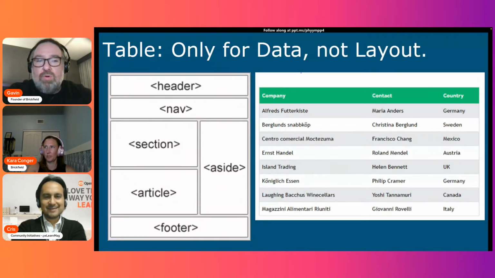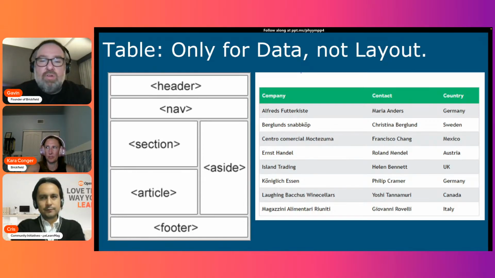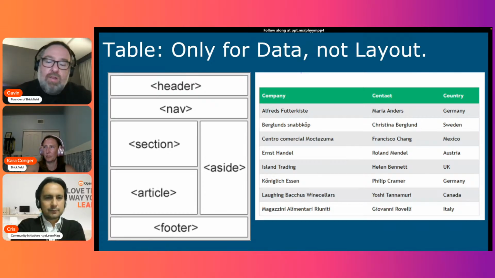However, this one's really important. On the left here, you have an image basically showing someone trying to use a table for layout for a web page, with a row for header, another row for navigation, and the next row has an aside and 2 sections, and a footer at the bottom. There are ways you can do that without using tables. However, people do it with tables. And on the right, you have a table with data. So it's a no for the left and a yes for the right. Please use tables for data and not layout, learn how to web design, or get somebody else.